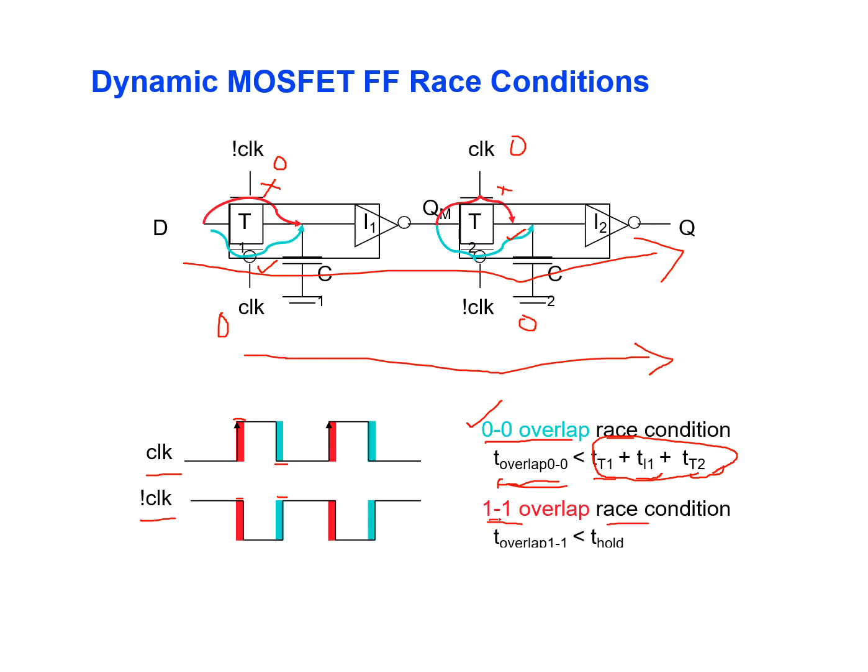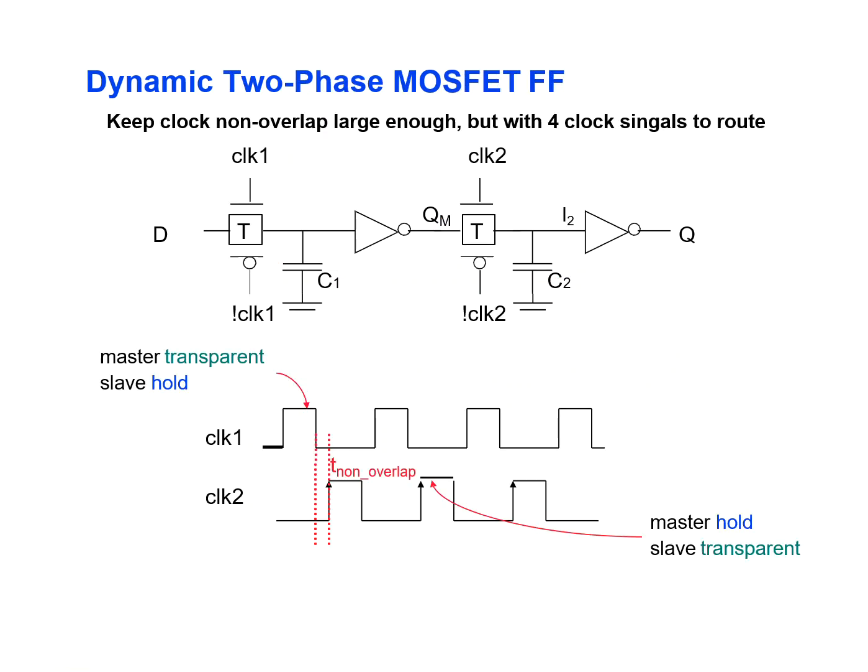Now when we have an overlap of 1-1, I am having 1-1 here instead of 0. Now the clock is 1, so the NMOS transistors of the transmission gates T1 and T2 are in on condition. Once again D is propagated to the output. Here the 1-1 overlap should be less than the hold time. So this is basically the dynamic transmission gate edge trigger register. It is exactly a master slave configuration, and we need to explain the overlap condition. This is a dynamic two-phase MOSFET flip-flop.